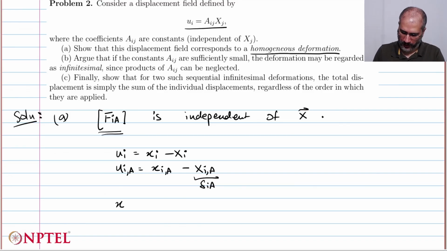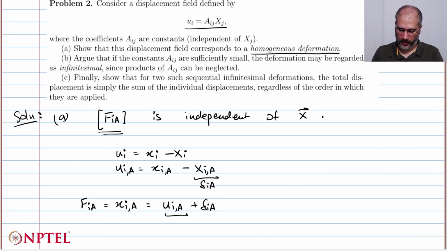So I get x_i,A as u_i,A plus delta_iA. And this x_i,A is nothing but our deformation gradient tensor. So all I need to do is find u_i,A from this displacement field, and that should give me the deformation gradient tensor,